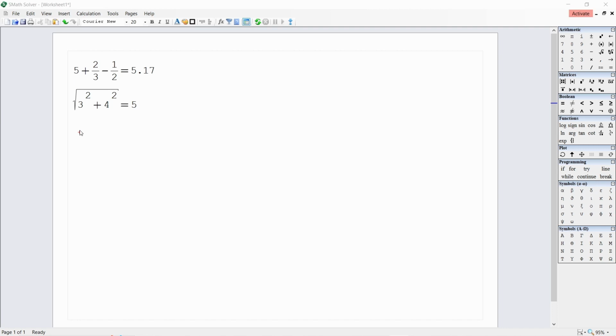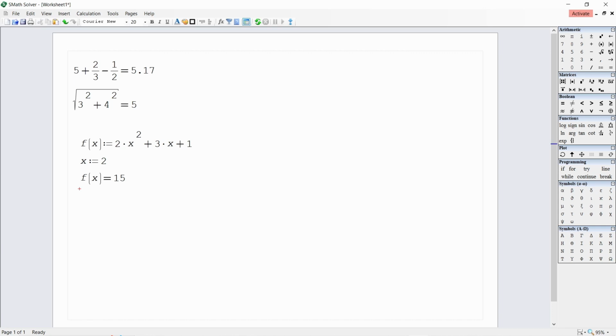For example, if we type f of x equals 2x squared plus 3x plus 1, and then assign the value of 2 to x, x equals 2, then type f of x again equals, it will give us the value of 15.